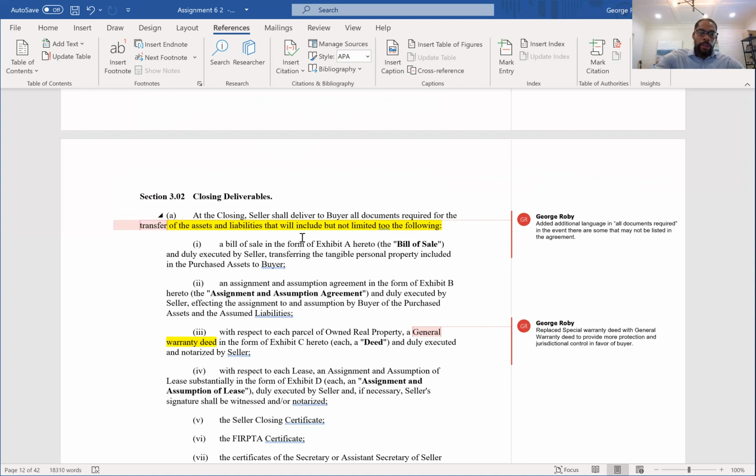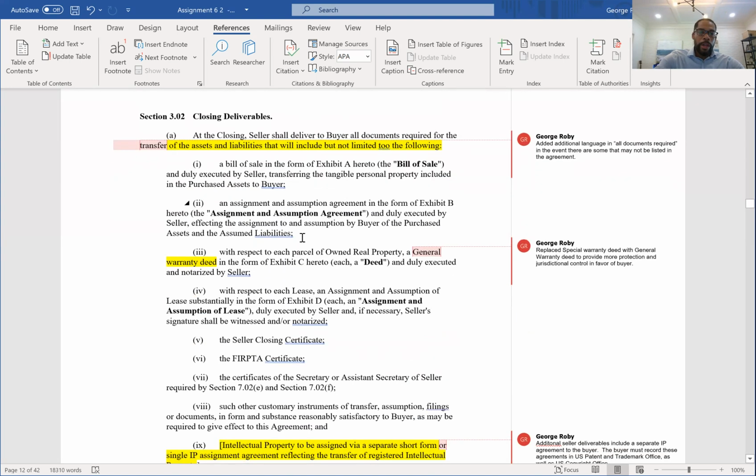Okay. If we continue down to item 3, right here. So I wanted to replace, it was a special warranty deed here, and I want to replace that with a general warranty deed. That just provides a more robust level of protection to what a general warranty deed provides versus a special warranty deed. So that gives us a bit more jurisdictional control that's in the favor of us, the buyer. Okay, let's scroll down to